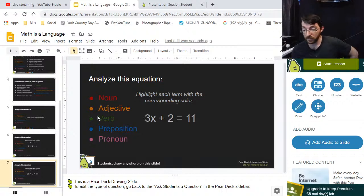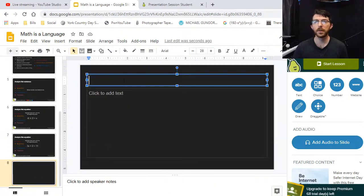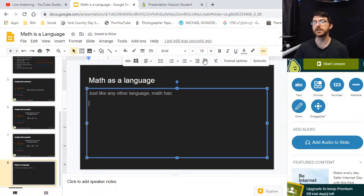Okay. Now I want to get to order of operations. Okay, so math as a language. Math as a language. Oops. Just like any other language, math has... Now a nice bullet list, because this is my take a break from participation, info dump, transition. All right, so math has